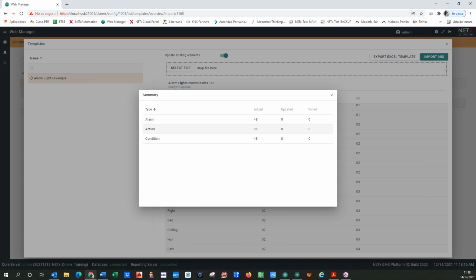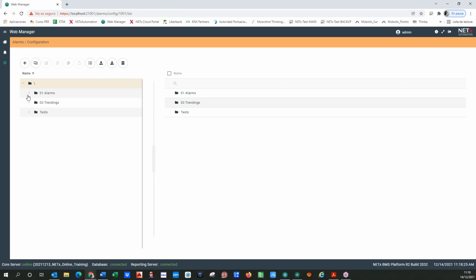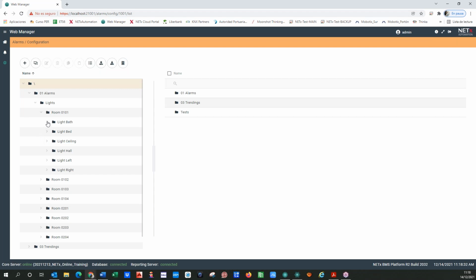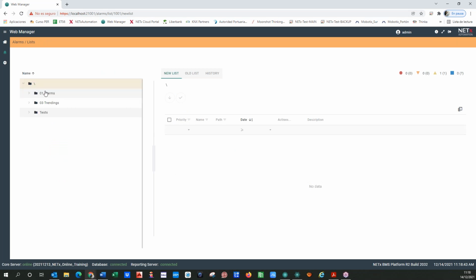Okay, so we have 48 alarms, including 48 conditions and double amount of actions, in the folder called alarms, inside a folder called lights, for every room and every light considered in the room. And this is very interesting because I have classified the alarms per room, and in the alarm list I can also filter by that, because if I have all the alarms, I can have the whole alarms here, but if